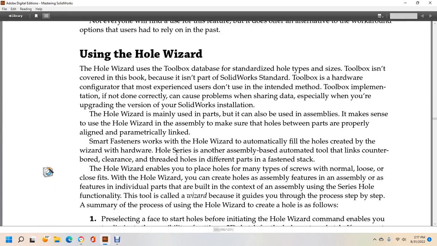Hole Wizard has the Toolbox database, which has hole types inside of the Toolbox. Even the cover in this box, we cover the SolidWorks standard. Toolbox is a hardware configuration most experience. You do not use the intended method. Toolbox implementation, if done incorrectly, can cause problems when sharing data, especially when you're upgrading the version of SolidWorks